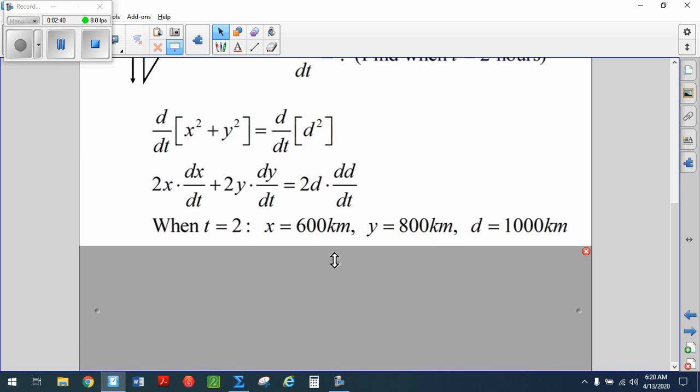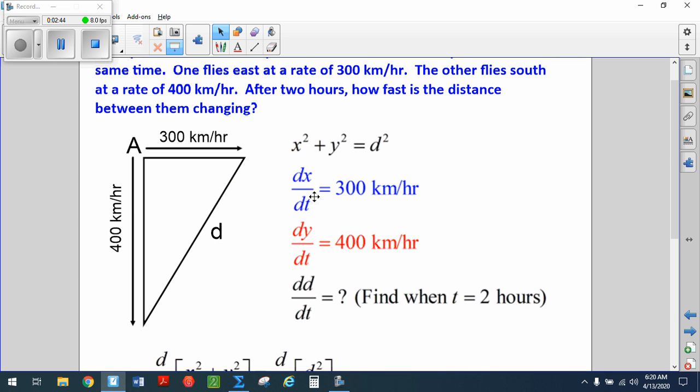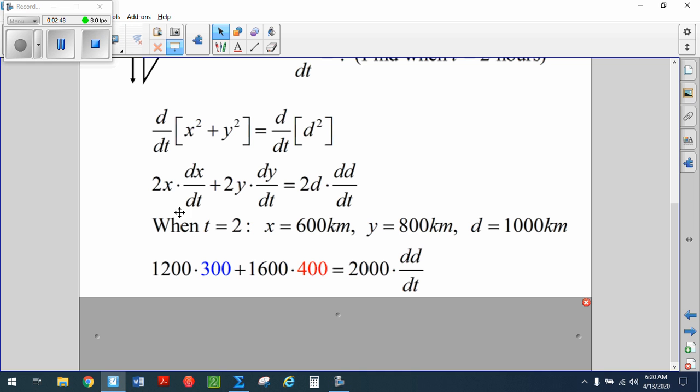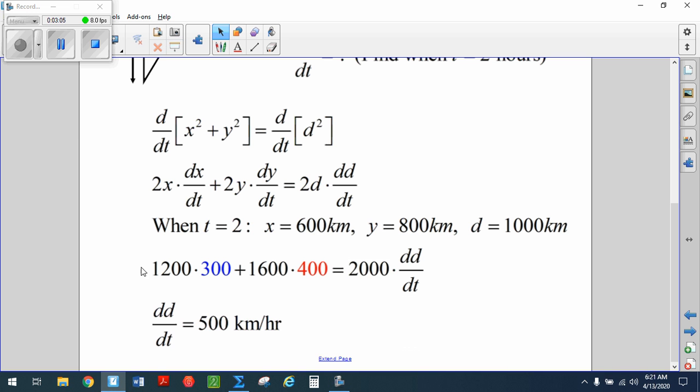So I can plug in those numbers, x, y, d. I can also plug in dx/dt and dy/dt. So 2 times x would be 1,200 times the given rate for x, plus 2 times y is 1,600 times the given rate for y equals 2 times 1,000 dd/dt. You solve that and you get 500 kilometers an hour,